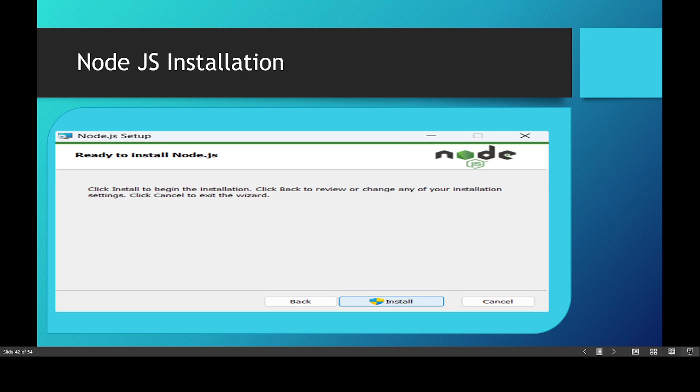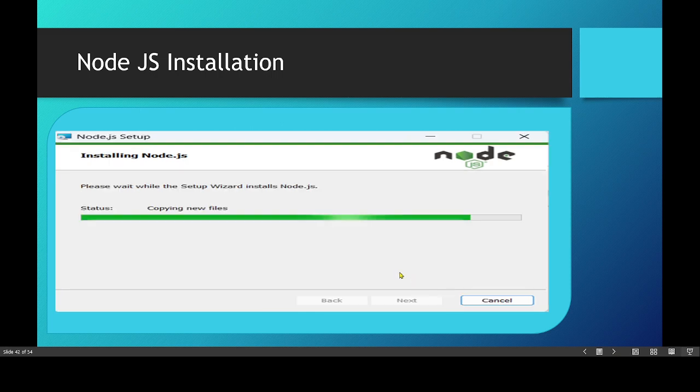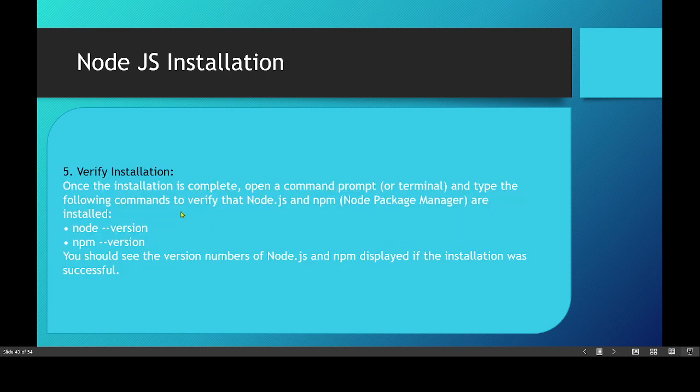In this step, we install Node.js. After clicking install, it will copy the new files which are helpful to our Node.js. And after completing the downloading of files, it will